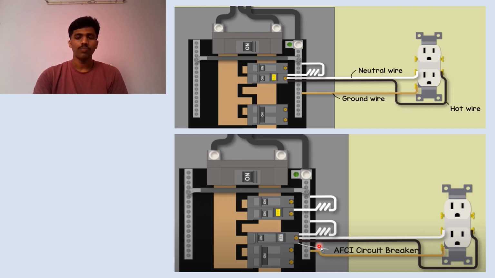And there is one more circuit breaker called the AFCI circuit breaker. This AFCI circuit breaker is nothing but an arc fault circuit interrupter. It consists of a connection as shown in the figure. It has a hot wire coming off from the switch, and it's given to the hot wire of the AFCI circuit breaker. The neutral wire connection coming from the switch is given to this AFCI circuit breaker, and from there it is given to this pigtail wire. And there is a neutral ground connection from the terminal of this switch to the ground or neutral bar.